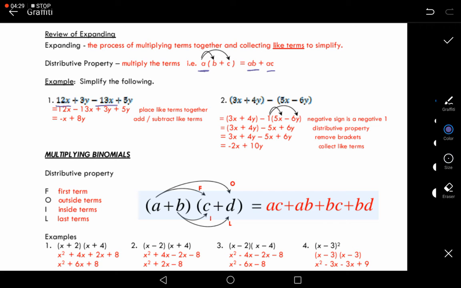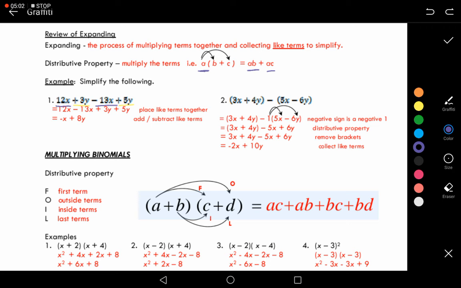The two terms I just underlined are both x's, and these two terms are both y's. Underneath, we simply move them together. What's important here is to keep the sign out front attached. 12x was out front, so we knew that was positive. So 12x minus 13x, because that minus out front is attached to that 13x, plus 3y